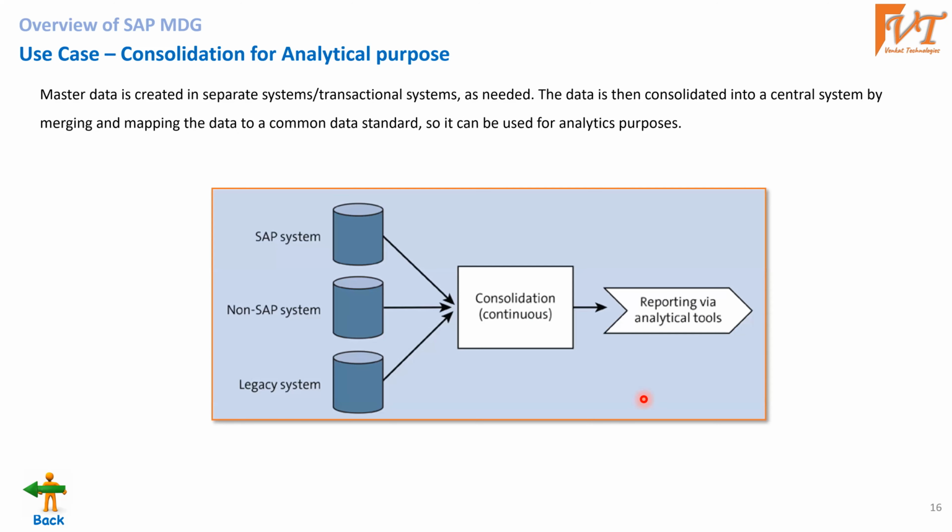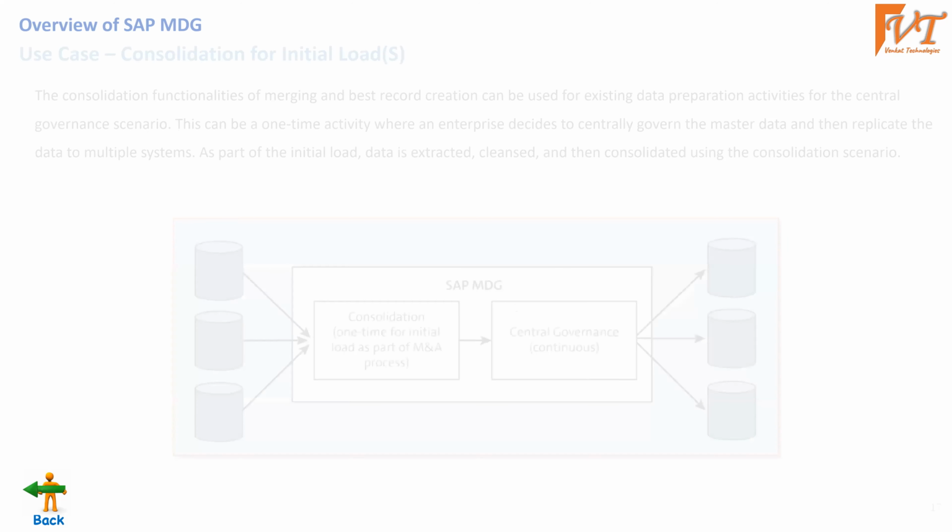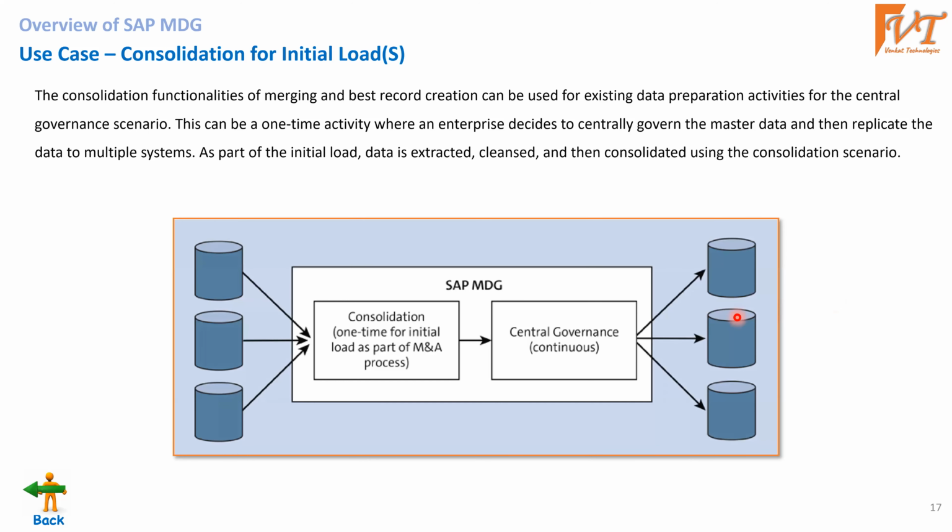And consolidation. When we would like to consolidate all the master data and prepare some reports, that consolidation is also possible through MDG. We collect all the master data from source systems and consolidate that master data, system-wise of course, and then we proceed with the reporting tools. And this is the complete picture of how the integration works in SAP MDG.